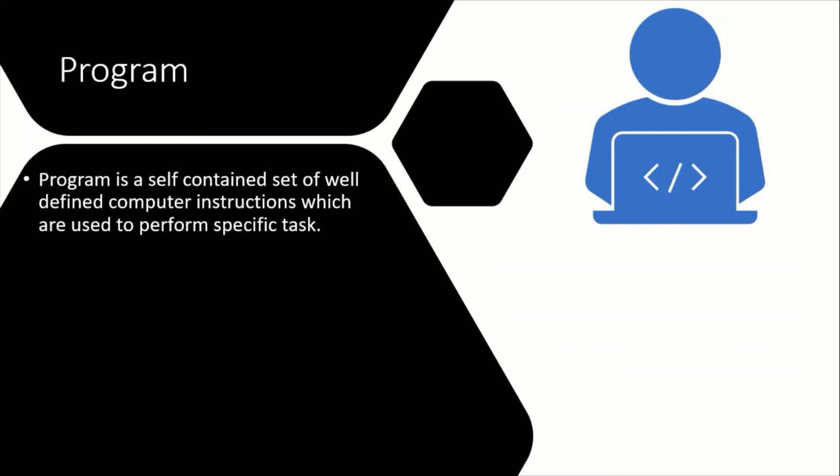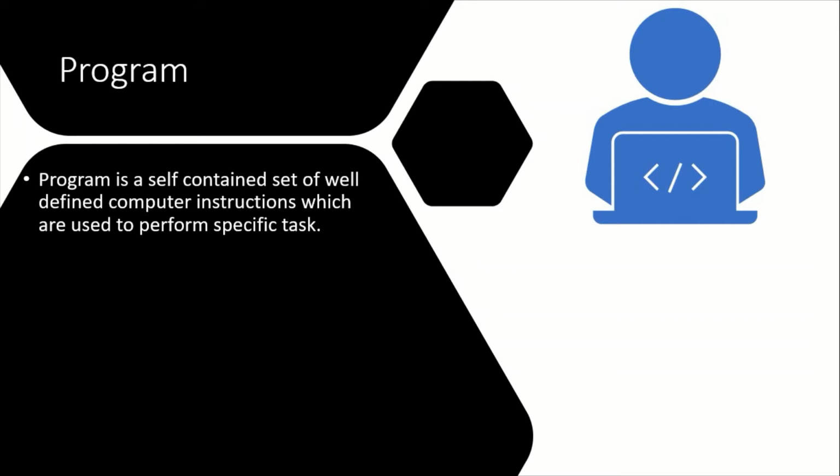For example, once we provide the details such as PIN, the type of account and the amount to be withdrawn, it must deduct the amount from our balance. Instructions in this program may also check for the available balance. If the balance is less, then it informs the user that there is no sufficient balance. This is how the program is written for withdrawal of money, which contains a set of instructions which perform various